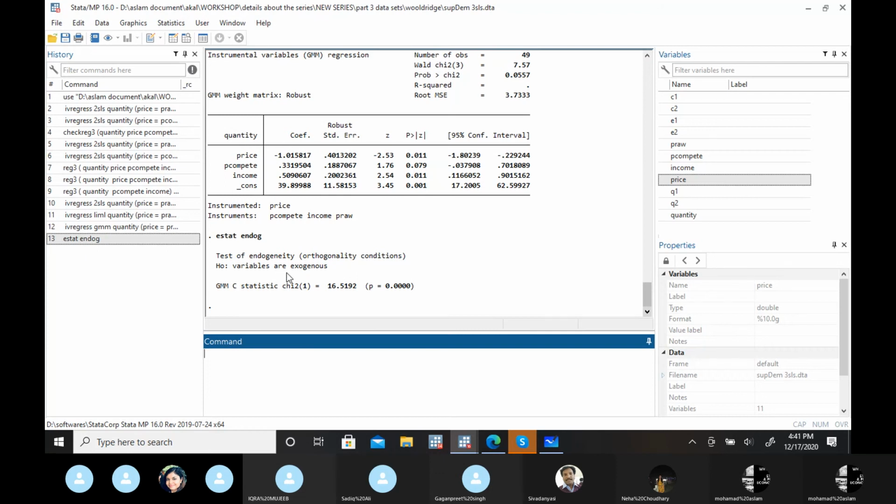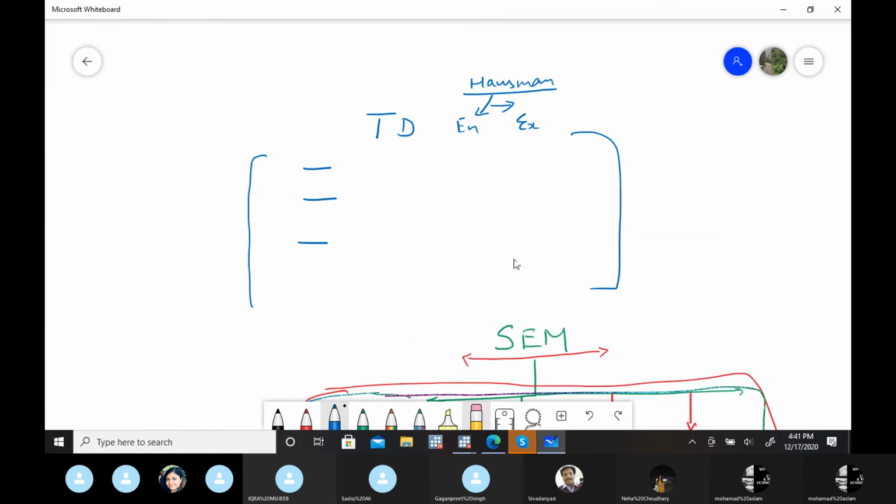Like in this case, is it that all variables are exogenous? No, there is endogeneity. So for endogeneity and simultaneity, we have a test. You can apply the test if you have a doubt. Once you ensure there is endogeneity, then you have to think about the method. According to a method like 2SLS, the main thing is the instrument, how you are introducing the instrumental variable. For that only, you know which of the variables of yours are excluded and not excluded.